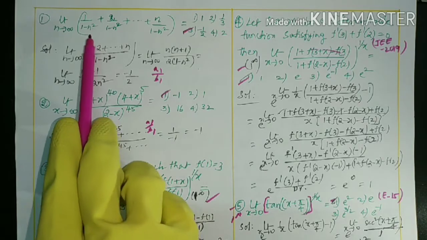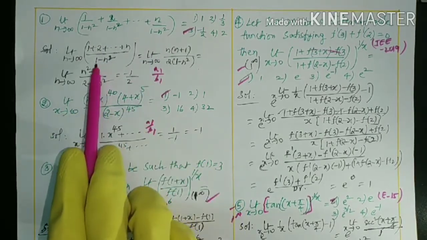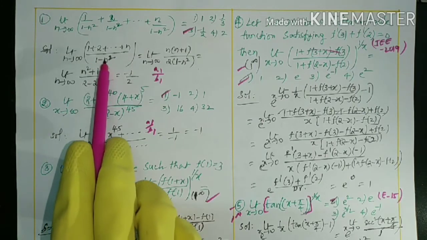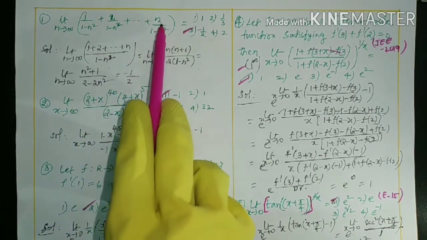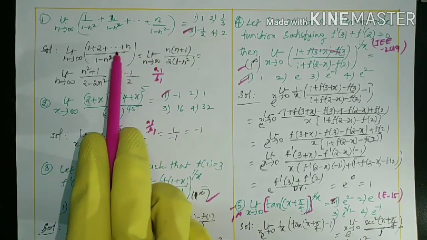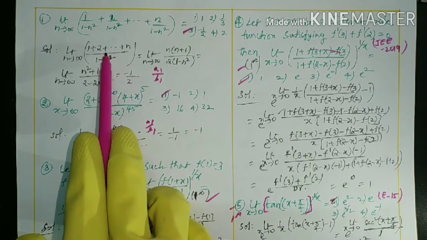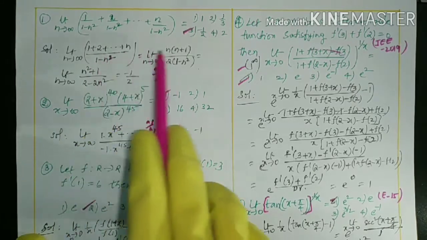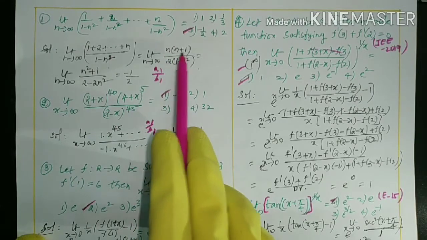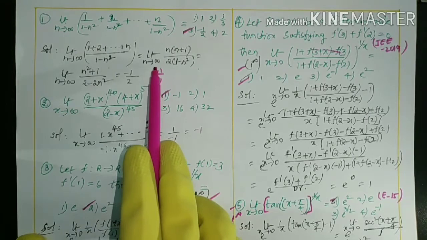What is the solution here? First you can look at the question. Everywhere the denominator is 1 minus n square, so that should be taken as the LCM. The numerator now becomes 1 plus 2 plus and so on plus n, which is nothing but the sum of n natural numbers. You know the formula for the sum of n natural numbers: n of n plus 1 by 2. The 1 minus n square is already there as n tends to infinity, as it is.